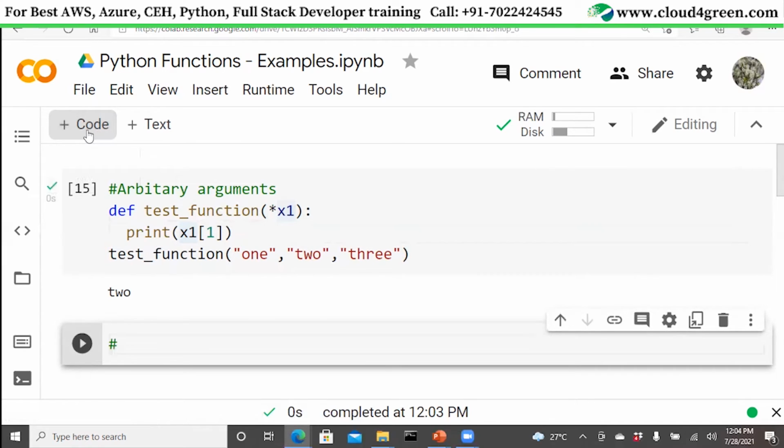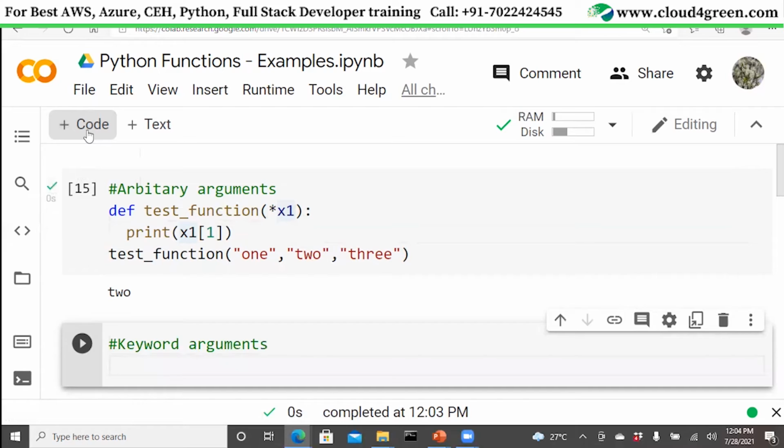Next, let me give you an example for keyword arguments. So what is a keyword argument? As I said, you can pass values as key equal to value pairs. For example, I'm writing def test function, taking three arguments, x1, x2, x3.